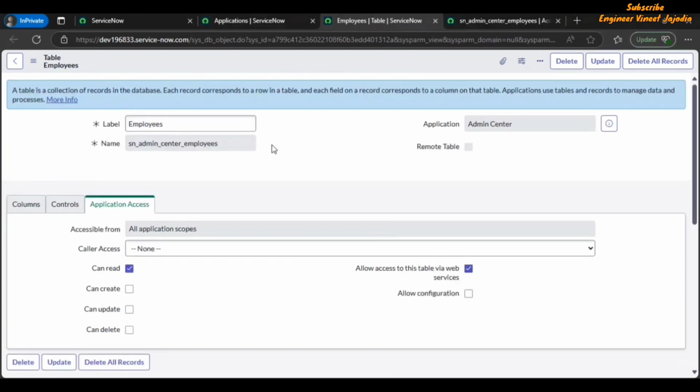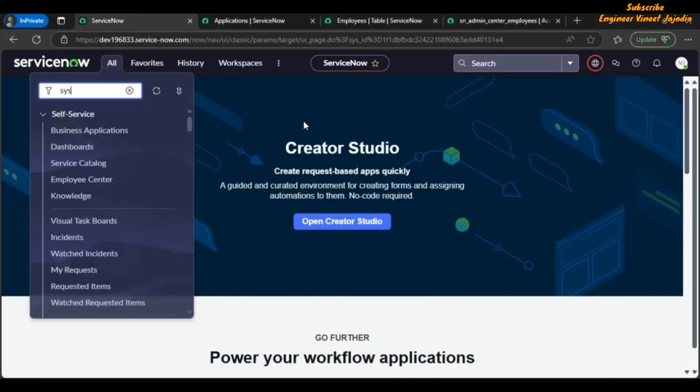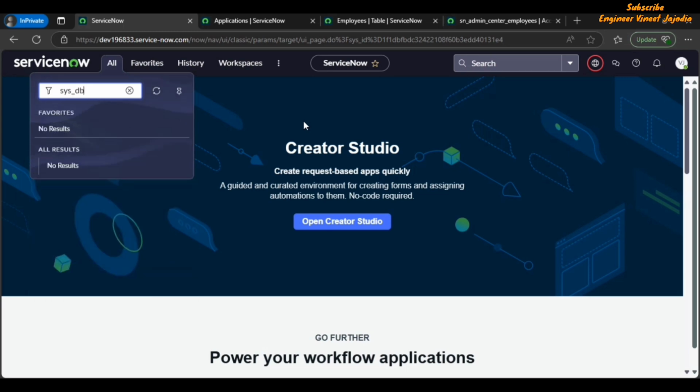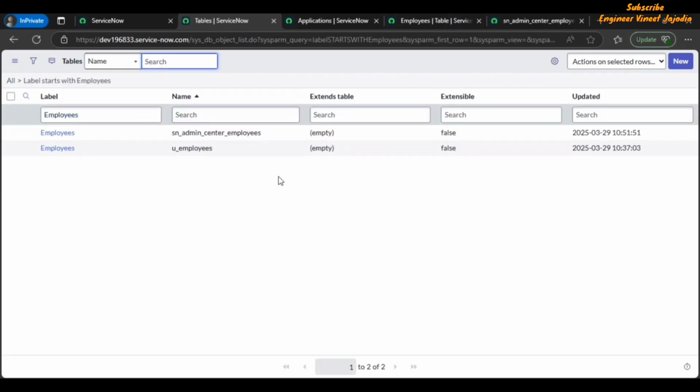Okay. Now let's quickly open list of tables. Click on all navigation menu and type sys_db_object.list. Label search will be employees. Okay, so we have one table in scoped application and one table in global application. Okay, so this is the end of the video, and we have seen creation and configuration of tables in global